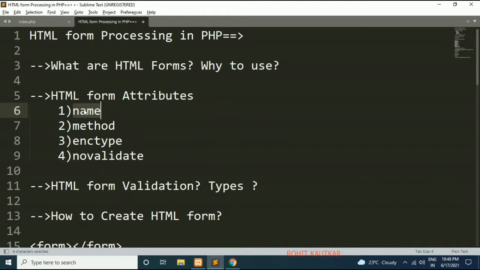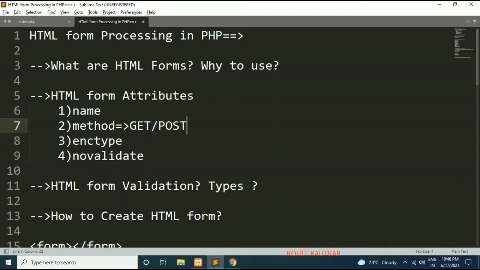Second attribute we have is method. Friends, how the collected data should be submitted to a server for further processing is decided by the method attribute. There are two methods available for HTML form. First method is called get method and second method is called post method.